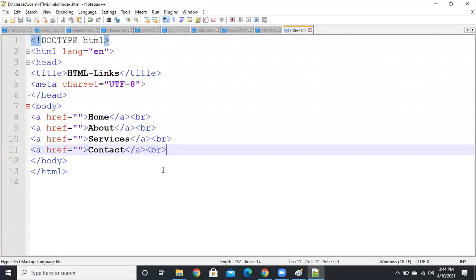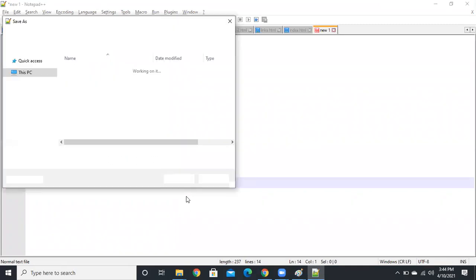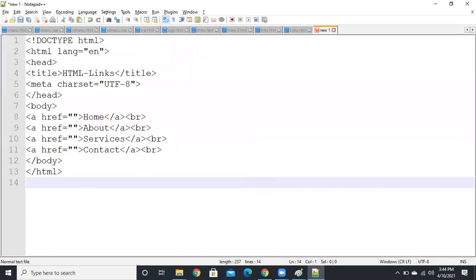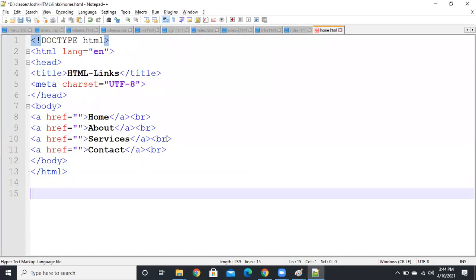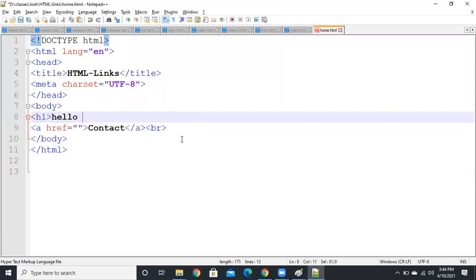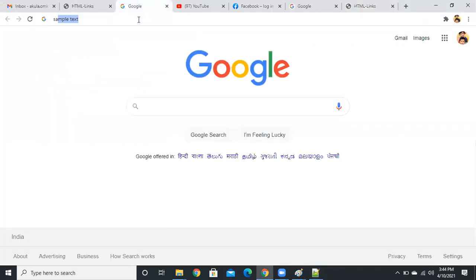Next, I'm going to create one more file, that is home.html, guys. New, paste, and save as home.html. In this, I'm going to create some content, suppose one heading and some sample text.